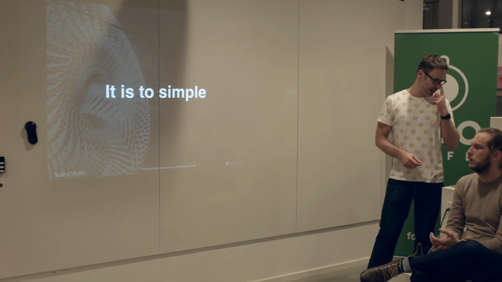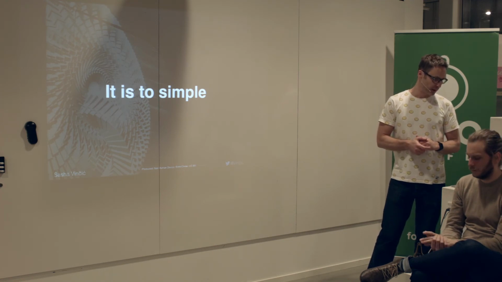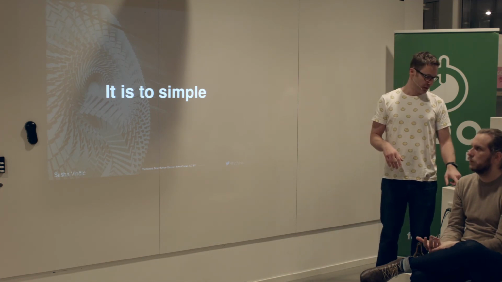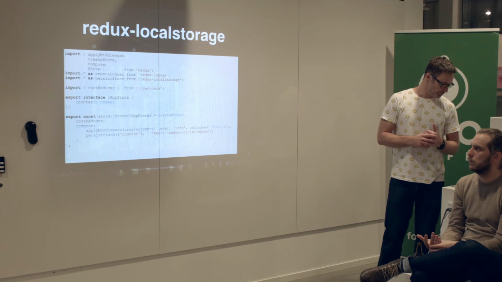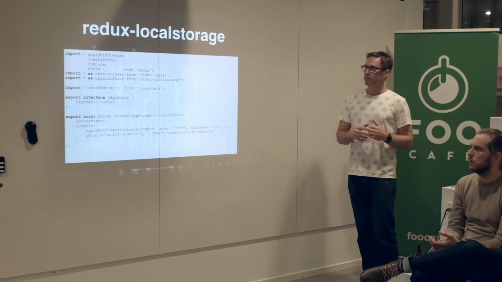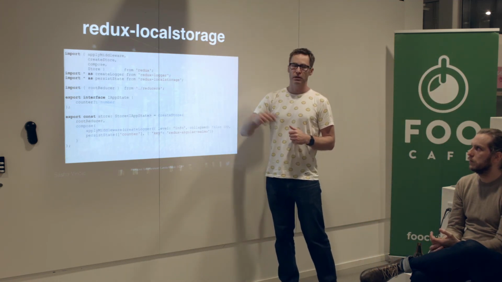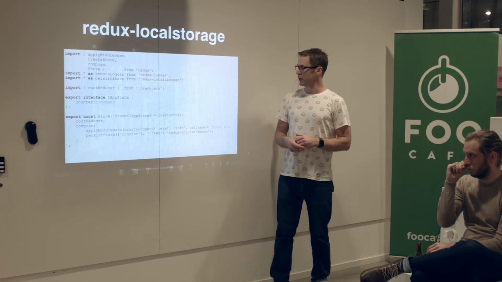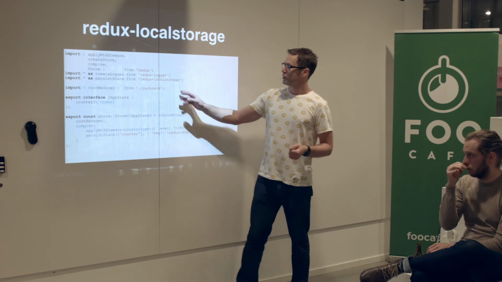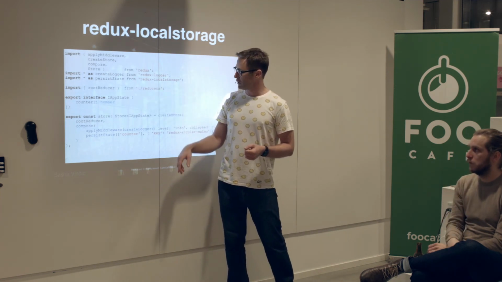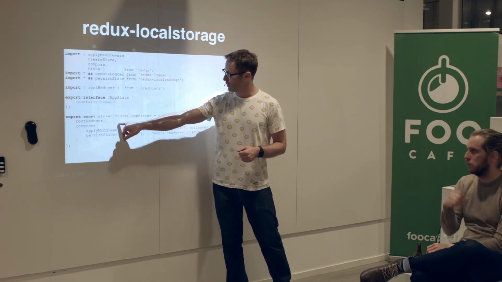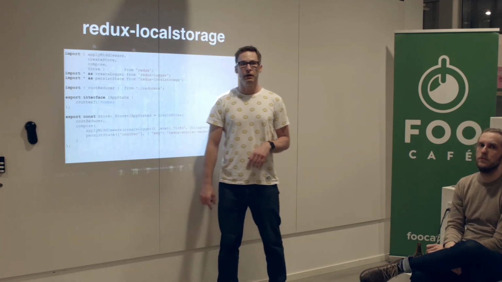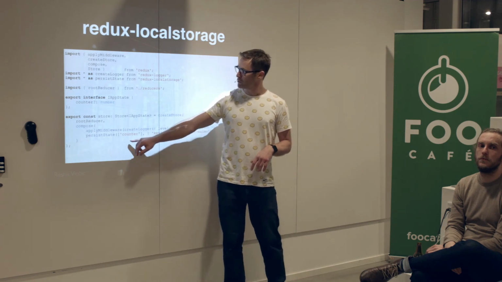So let's see some more features and what you can do. There is an enhancer called Redux Local Storage, which is really beneficial for your application. You just import it from Redux Local Storage, and when you create your store,